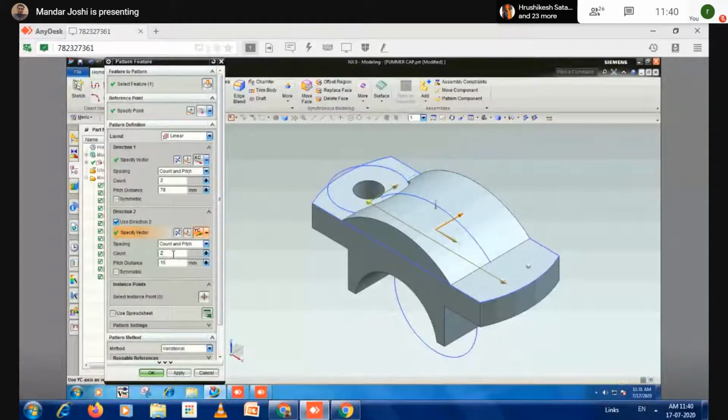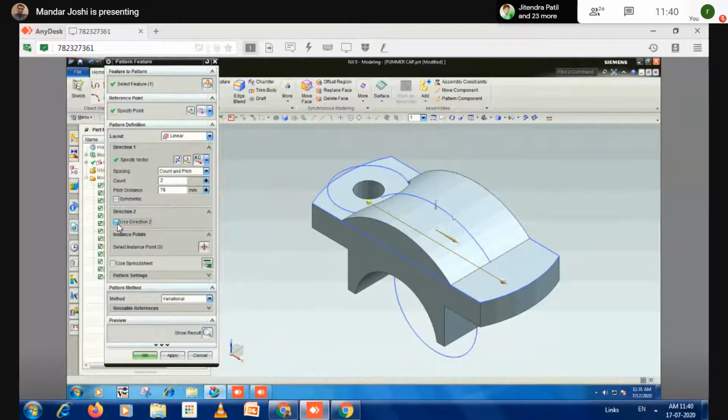But I don't need the second direction, since one hole is produced here and one hole here. So I don't need that. I will switch off the second direction. Now the last step is that you have to select the features. I think it is already selected. Now see this preview here, and click on OK.